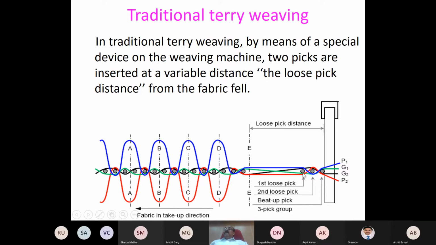See, peak number 1, peak number 2. Initially, these 2 peaks are inserted in a variable distance, means they are not inserted close to the fell of the cloth. This is fell of the cloth. These 2 are consecutively inserted at a distance